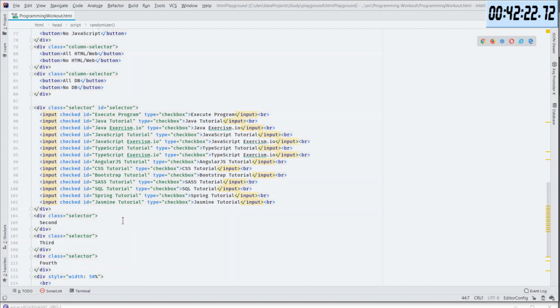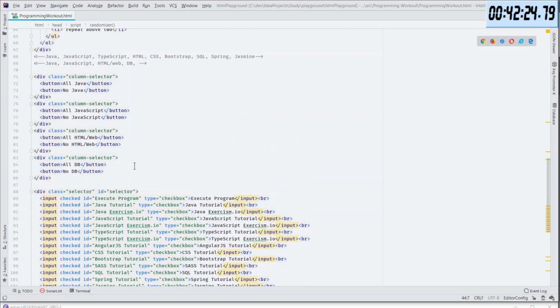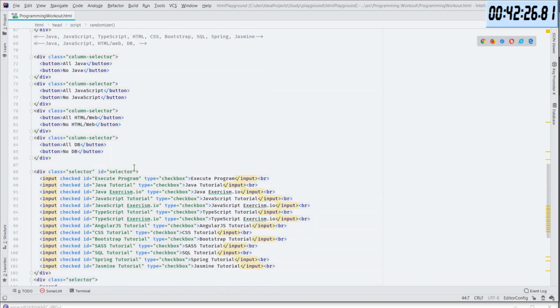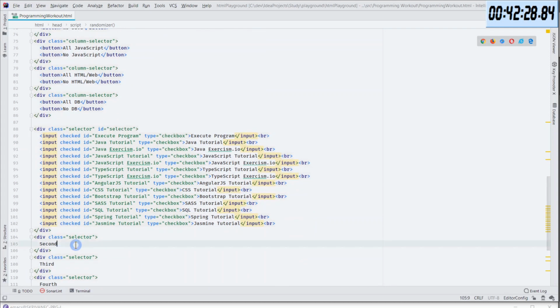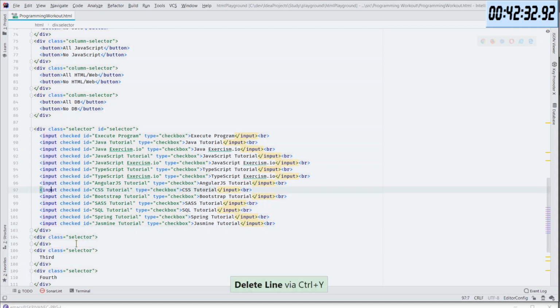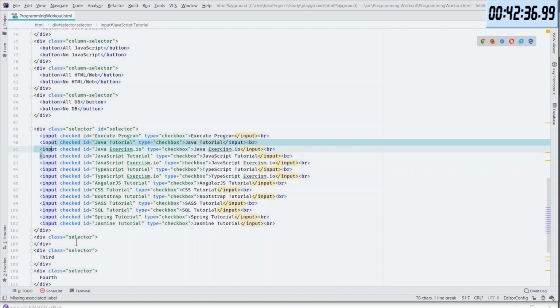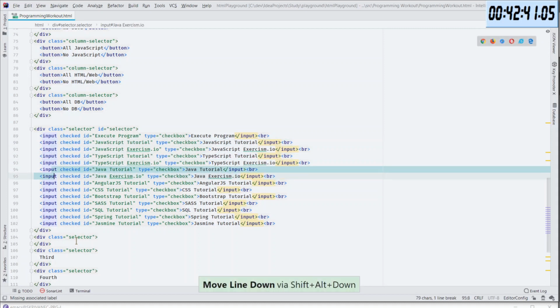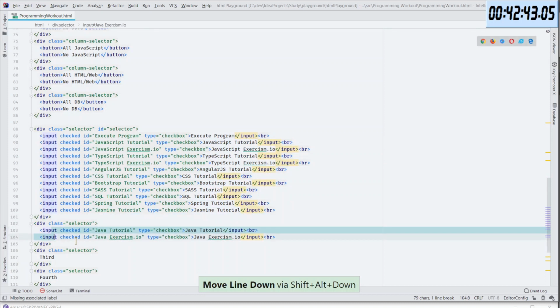So the first is Java. So we'll fill with the Java things. So here is this and that guy, and we'll move it in here, the Java section.